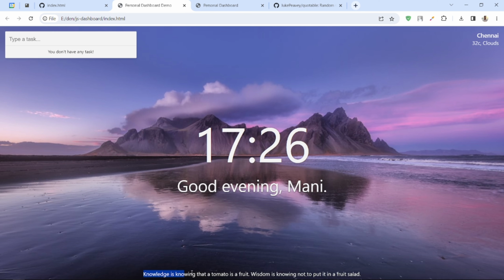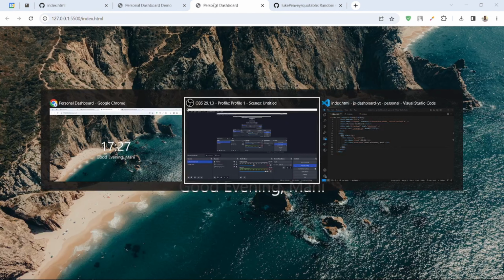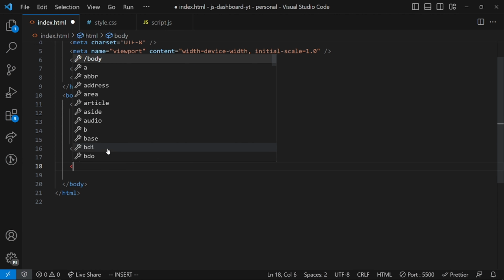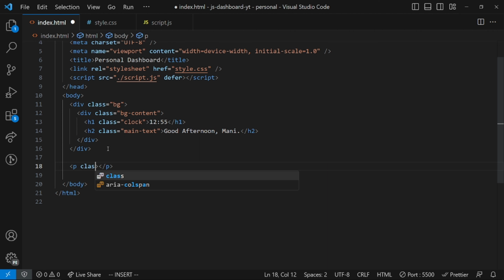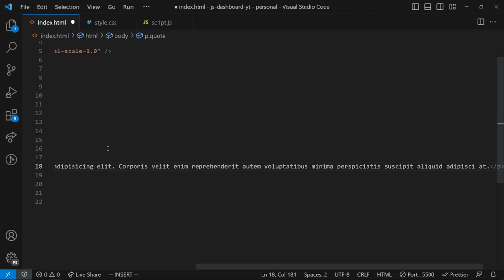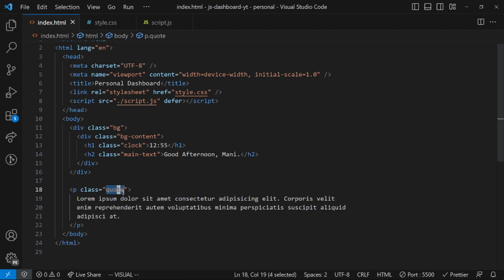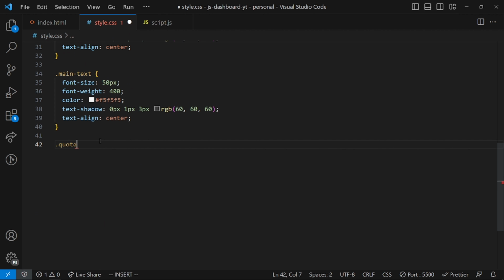Next we can work on the code which we see in the bottom of the page. So let's actually go to our code and write some HTML. So I'm gonna write a paragraph tag. I'm gonna give a class of code, and I'm gonna write some dummy text inside it. Okay, so I want this particular code to be in the center of the page, right? So let's go to the CSS, let's target that particular code, and I want to give a fixed position for this, right? So I want to give a fixed position for this particular tag,